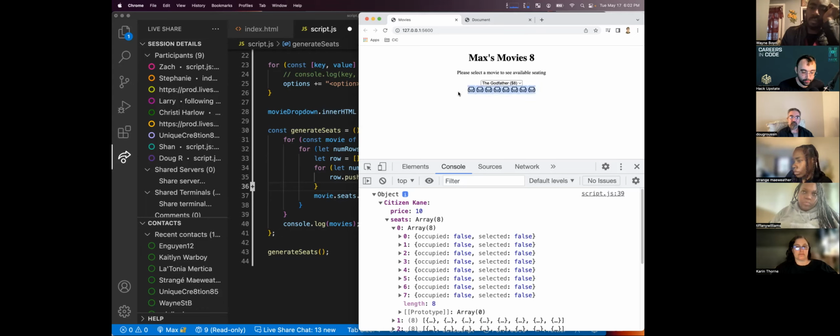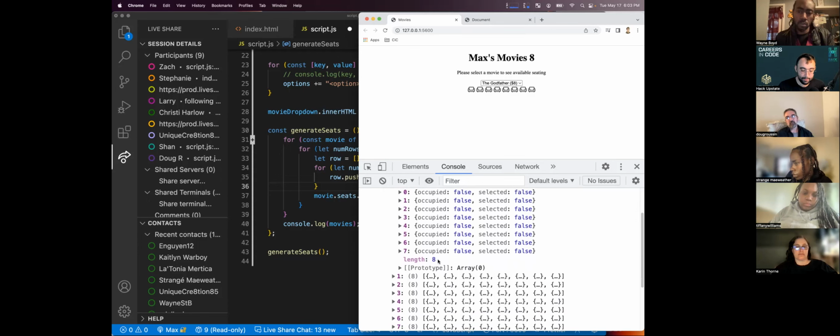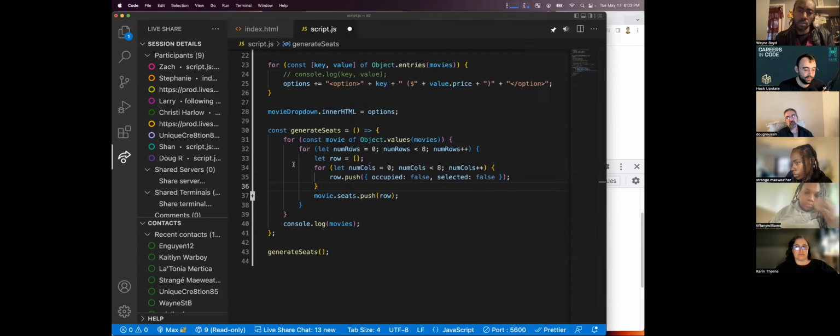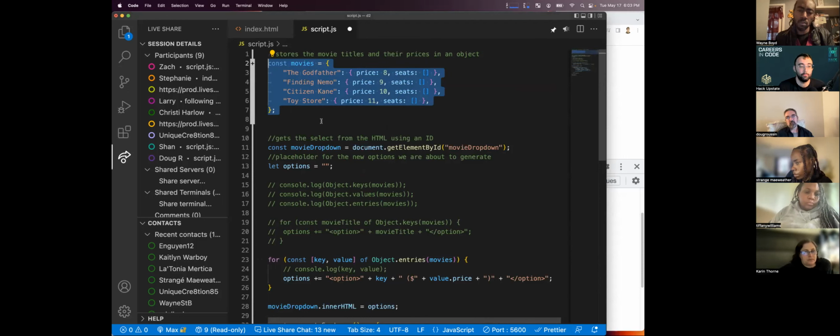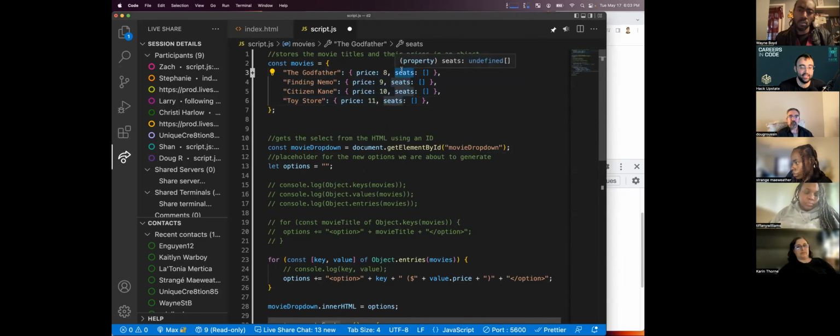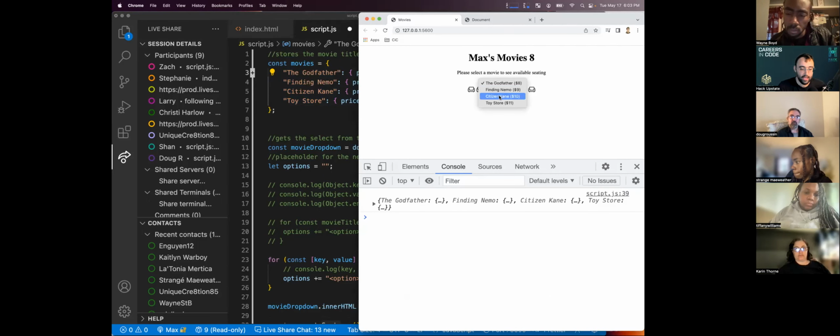So what we ended up here was we've got all of our chairs, but sorry, we have 1 row of chairs in our HTML, but I don't really want these chairs to just be in our HTML. I would really like all of these chairs to be based off of my JavaScript, right? We've got this mega object here called movies, and it's got all of the seats in them. Wouldn't it be nice if that when I picked a movie here, it would pull up the seats for that particular movie? So what I'm going to do is I first need to make sure that when that select changes,